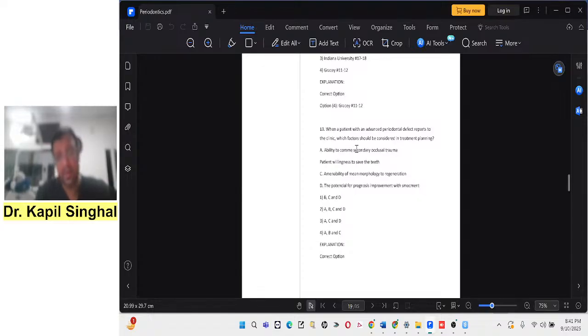That is very important. Number 2, patient willingness to save the teeth. That is the most important thing. If the patient is not willing to save the teeth, none of the treatments would work. So this is also correct. Third,